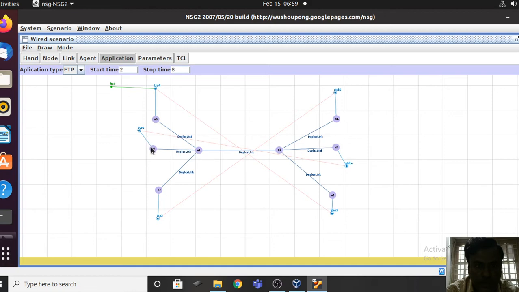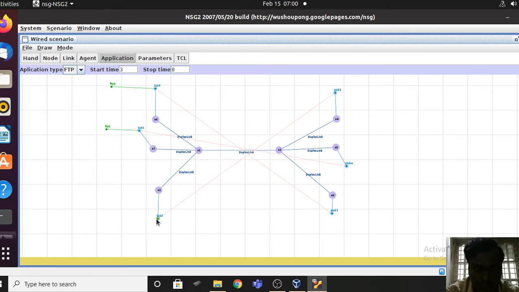and this time I can add that agent, application type FTP to this agent, and I wanted to start the third data transmission at say 3rd unit of time.